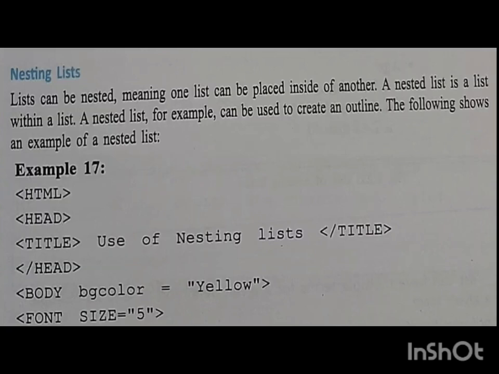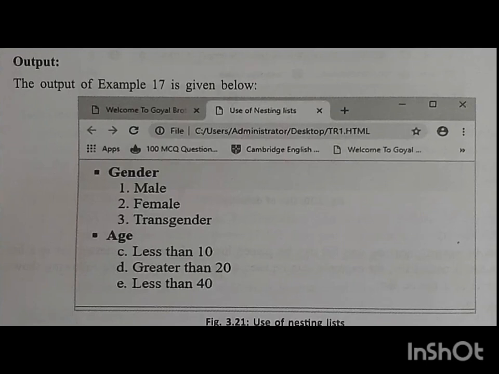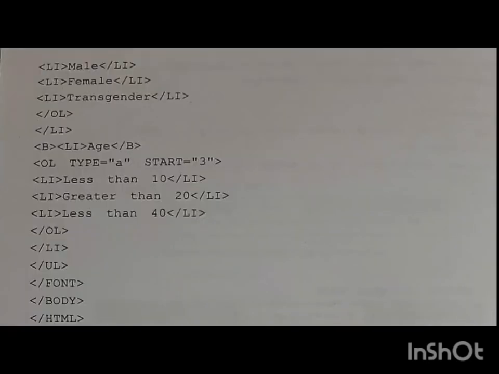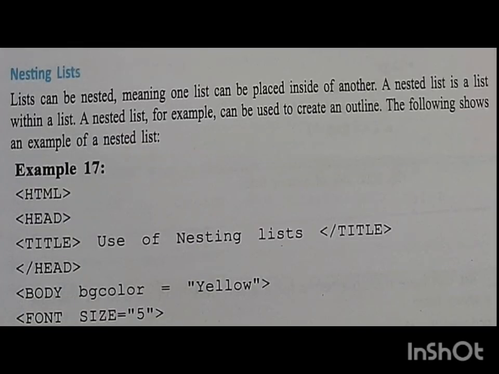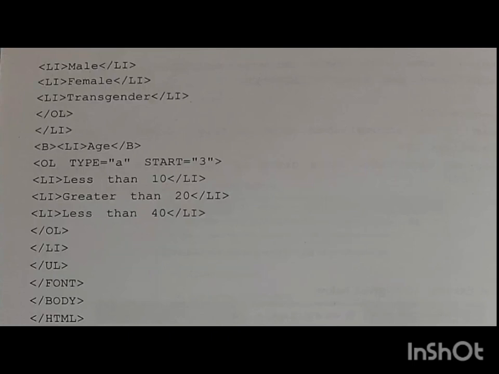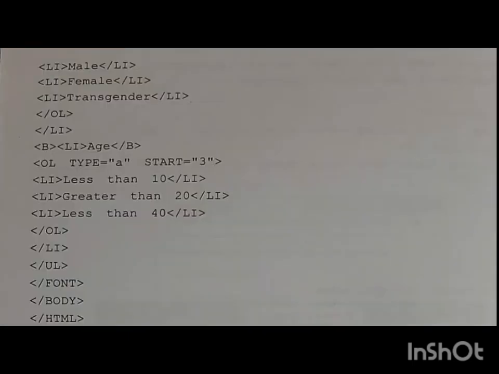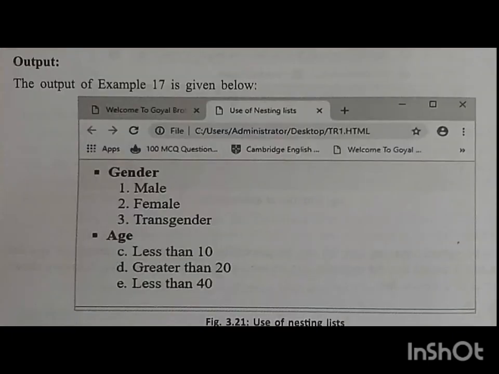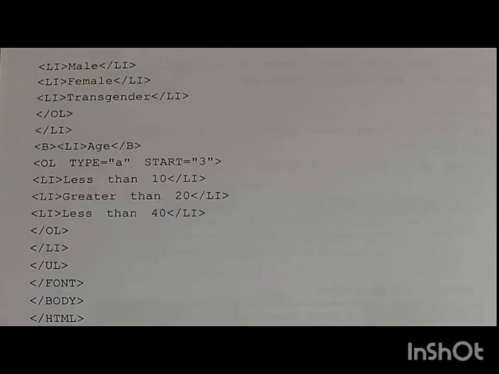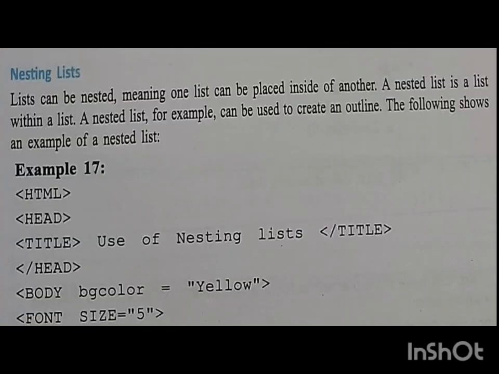Now class, nested means a list inside a list. You can also create it, as they have created one list. You can see the output first, how they have created it. This is your UL list, and inside that two OL lists are made. So how to create this? For this there is a program. The program starts from here. So class, you type this program. I will send you the picture of it, and you try it. You will see this result will come. In this I think one thing is missing. UL is missing. I will check.